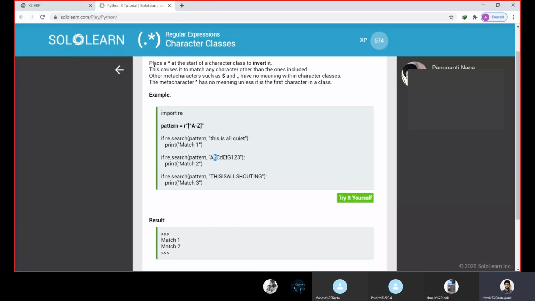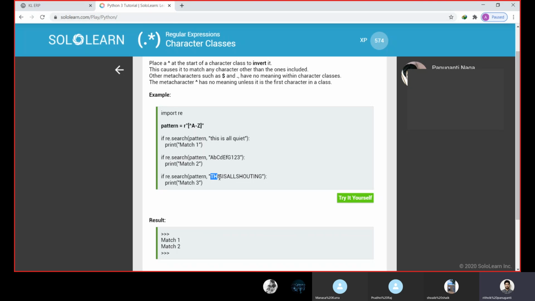So we'll see here, placing a caret at the start of the character class, we are inverting it. So one or none, that is nothing but the same. So re.search of pattern, here we are giving all the characters in uppercase. So this will not be inverted, we are giving the inverted one. So all must be lowercase, or at least one must be in lowercase, so that will match this, because we are inverting this.